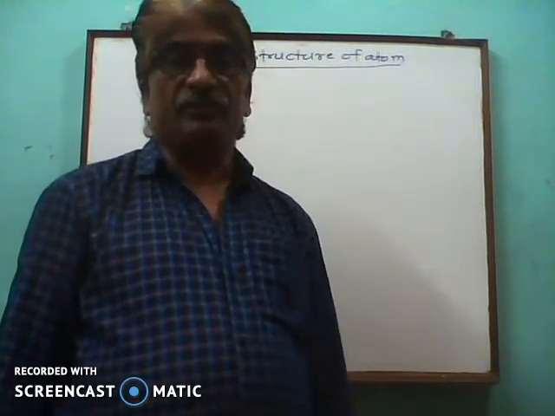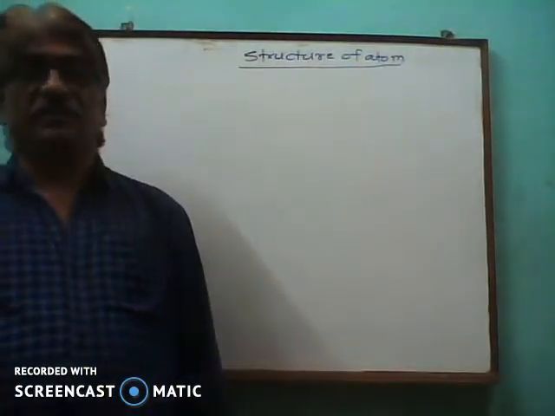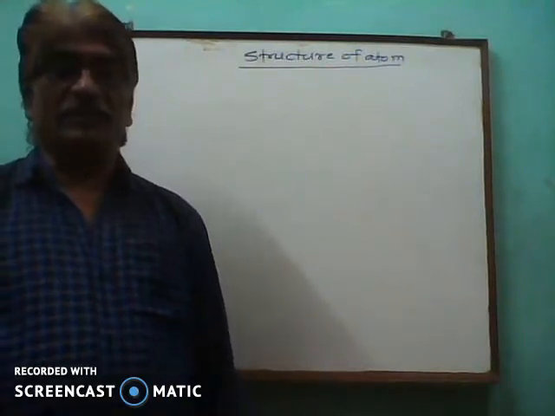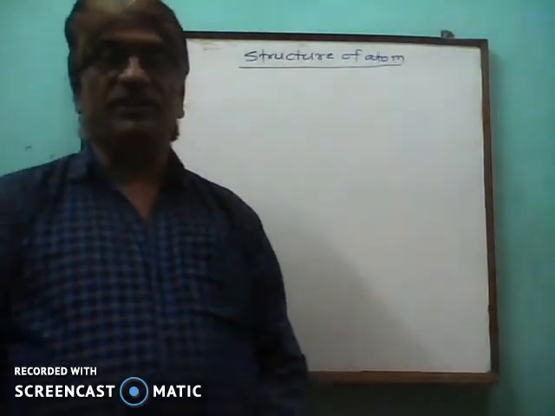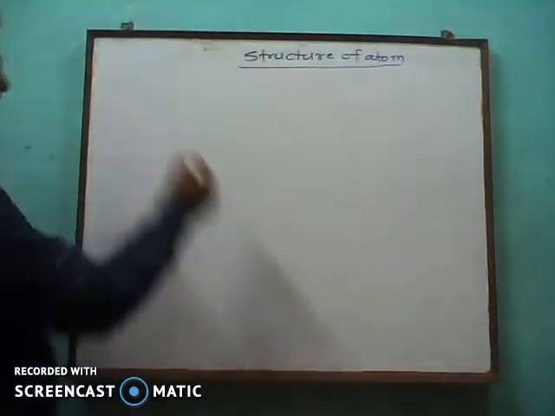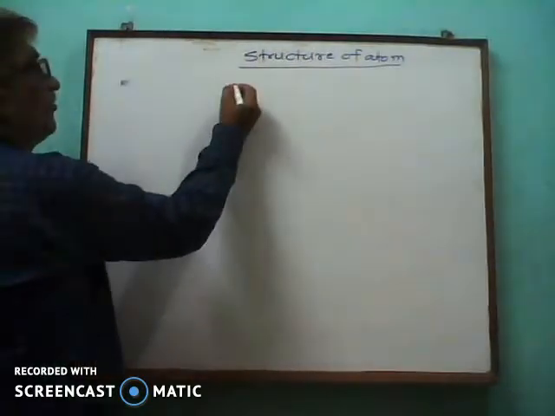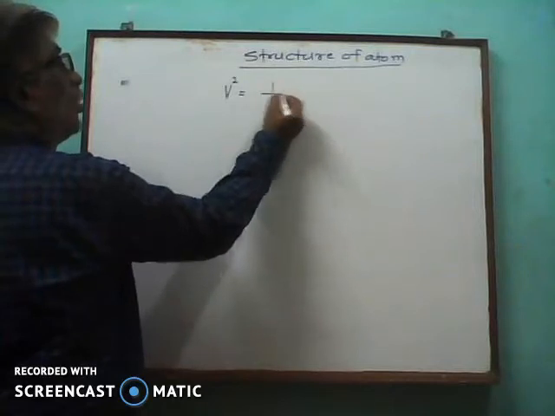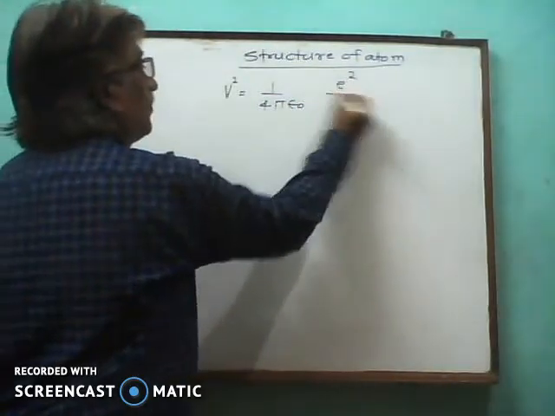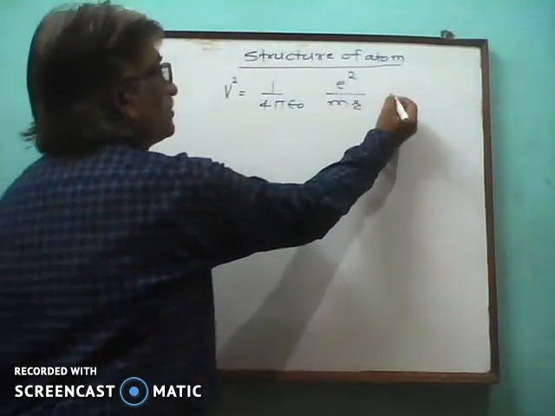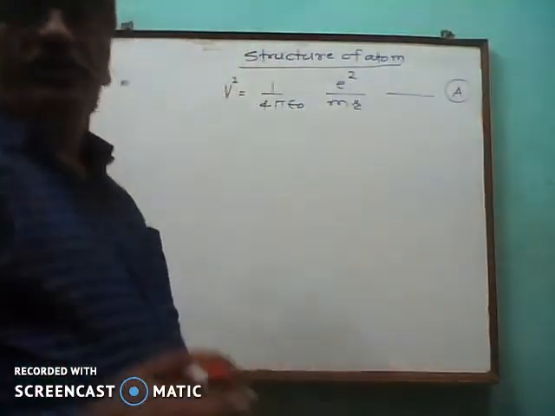In the previous video we have seen a question. That question is, find the expression for radius of orbit in Bohr's theory of hydrogen atom. And here we can see the two equations. One is v square is equal to 1 upon 4 pi epsilon 0 e square upon mr. Suppose this is equation A, which is obtained from the first postulate